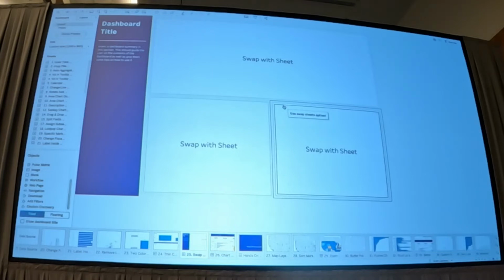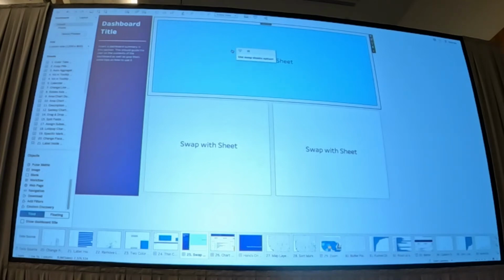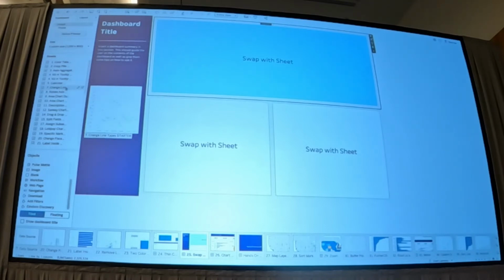It just helps give the dashboard a bit of room to breathe, and people are then able to focus on the individual objects within the dashboard. The reason the swap sheets functionality is really helpful is that it maintains all the padding. It maintains the background colours you've applied, it maintains the border you've applied. So all of that work that I've done in this layout section here, if I now swap in, let's say